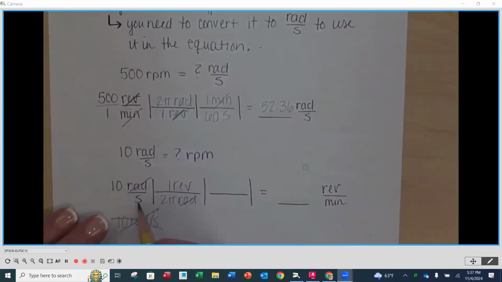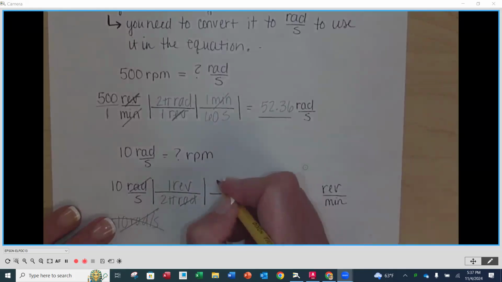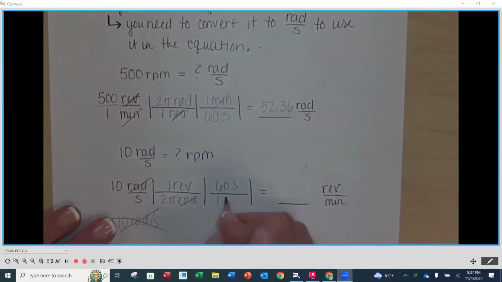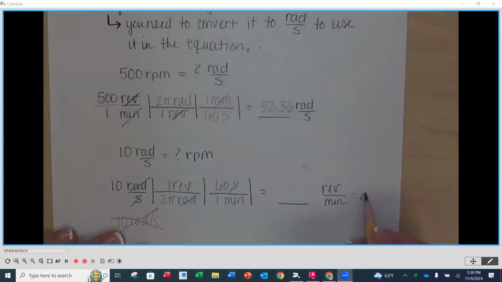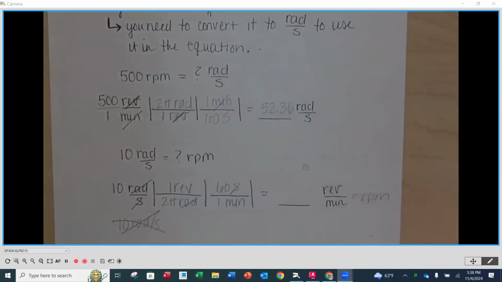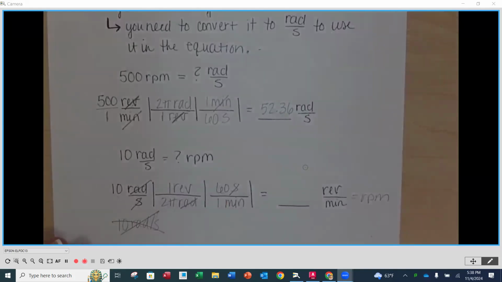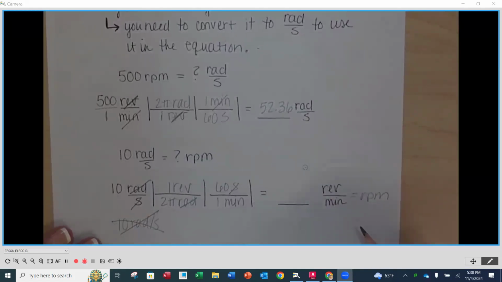Since seconds is on the bottom in the denominator, I'm going to put 60 seconds on the top in 1 minute. So seconds cancels out top to bottom. Now what I have left over that I haven't canceled is revolutions per minute. You can write this as RPMs. I don't care about that as your final answer, but you have to write this out so that you can see the revolutions per minute happen. So if I multiply across the top, 10 times 60 divided by 2 divided by pi,